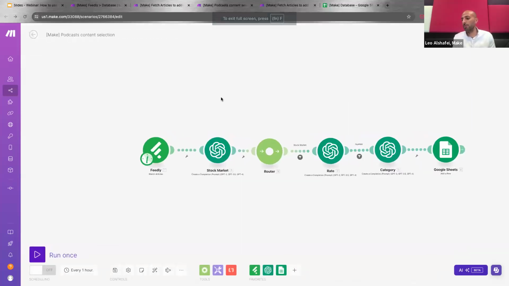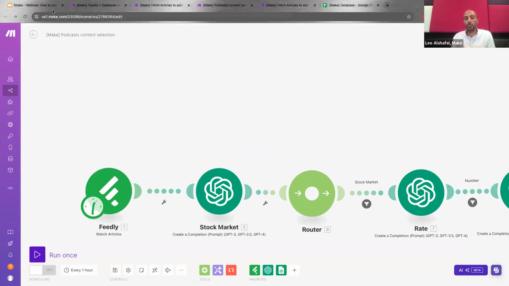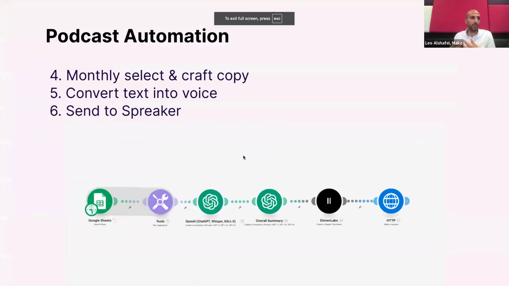That was quite interesting for me, because this is basically an audio newsletter, right? Because some audience do prefer reading, others just prefer listening. They can be listening to it during their commute, for example. And I think this is another usage of AI, not just summarizing or creating written content, but creating audio content. You're using ElevenLabs here, and at Make as well, we have been experimenting with different AI to produce audio content, and the quality is getting better and better.